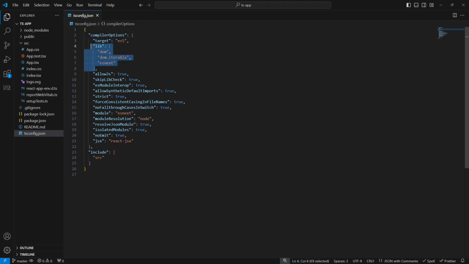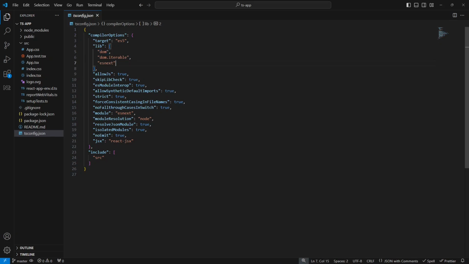Then we have our lib. So lib specifies what TypeScript libraries we need to include. So we are including DOM, DOM iterable, and ESNext. This configuration can be used to control what JavaScript features TypeScript already assumes are available for us to use. So definitely we will be using DOM in our application because we'll be dealing with window and document. So we are telling TypeScript, okay, these are the features, assume that they are available to our application: DOM, DOM iterable,